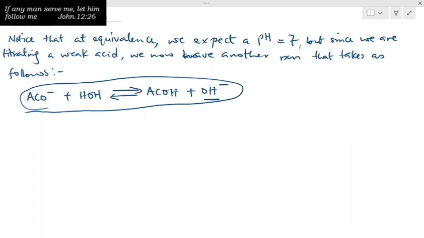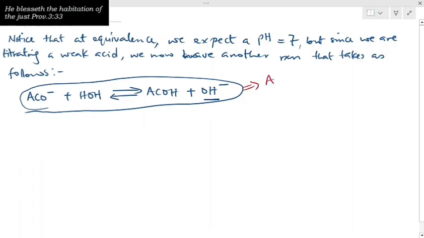So in summary, from the graph we saw on the previous page, the pH at the equivalence point is far higher than the neutral point,